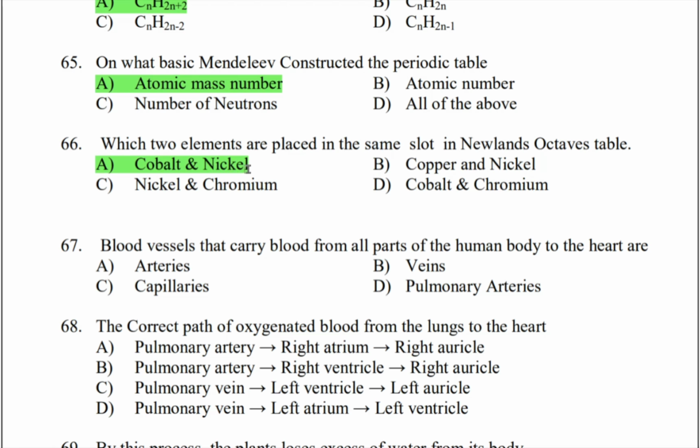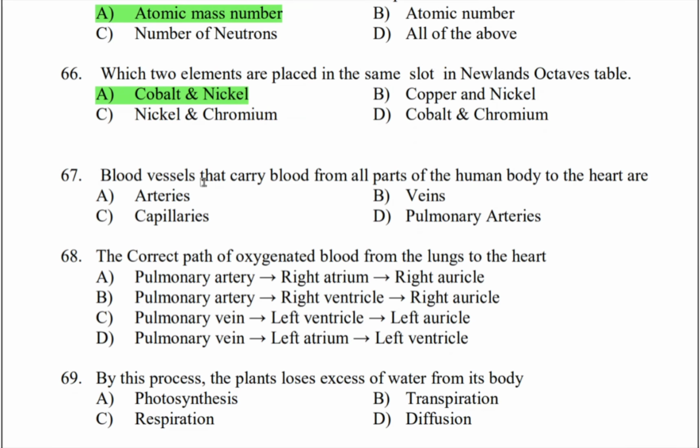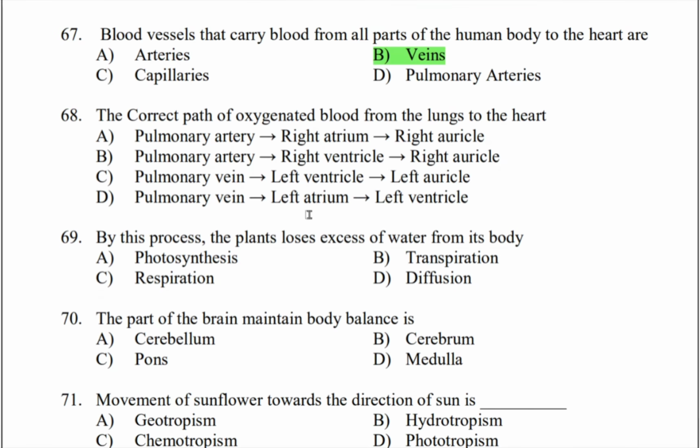Which 2 elements are placed in the same slot in Newlands' octave table? The answer is option A, cobalt and nickel. Next question. Blood vessels that carry blood from all the parts of the human body to the heart are veins. Next question. The correct path of oxygenated blood from lungs to heart is, the correct answer is option D, pulmonary vein,